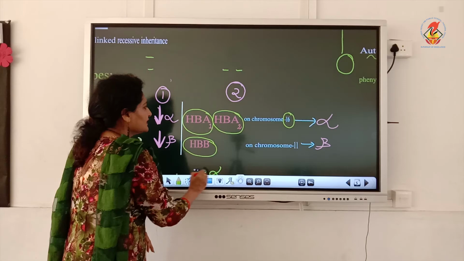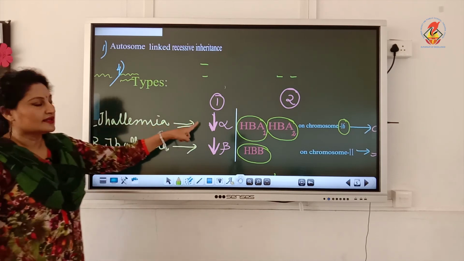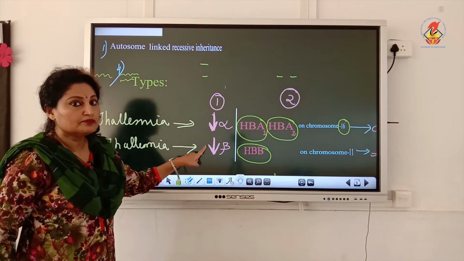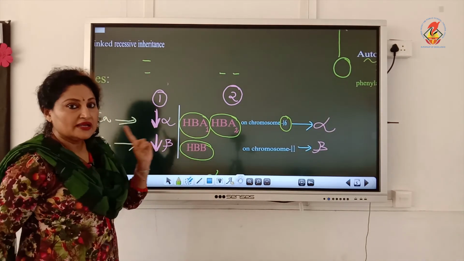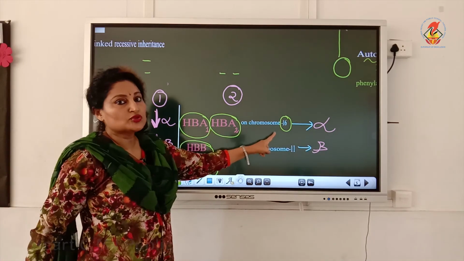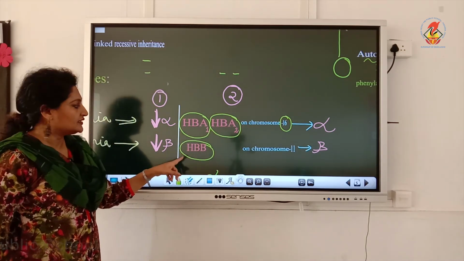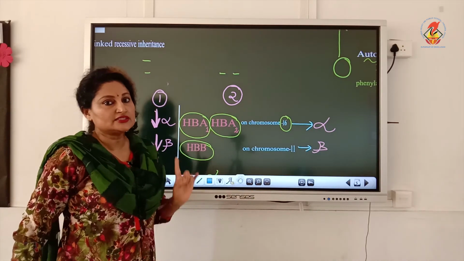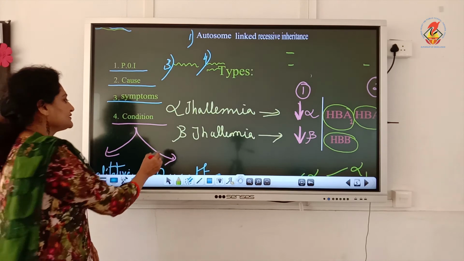So once again, the difference between beta thalassemia and alpha thalassemia. Alpha thalassemia, the rate of synthesis of alpha globin chain is low. Beta thalassemia, the rate of synthesis of beta globin chain is low. Second difference, alpha thalassemia is controlled by 2 genes, HBA1 and HBA2, located on chromosome 16 of each parent, whereas beta thalassemia is controlled by the gene HBB, located on chromosome 11 of both the parents. Emphasize both the parents, and hence we can say thalassemia is a quantitative problem and sickle cell anemia is a